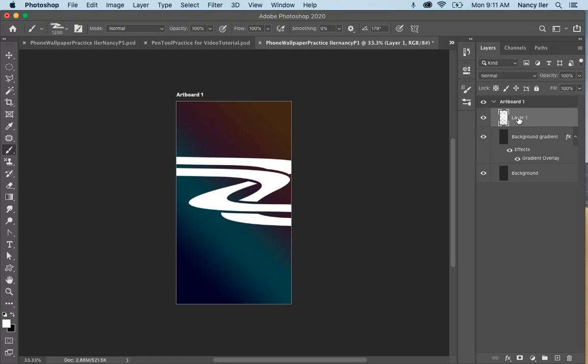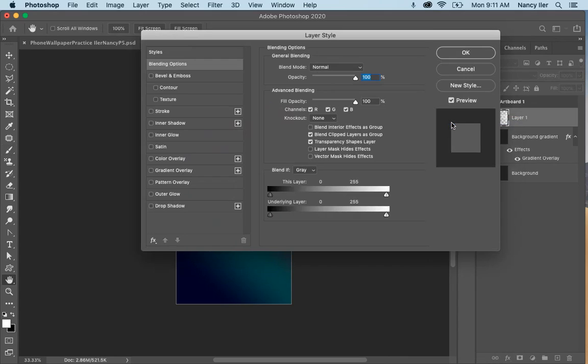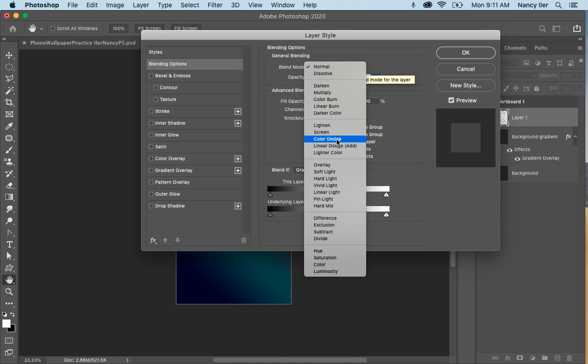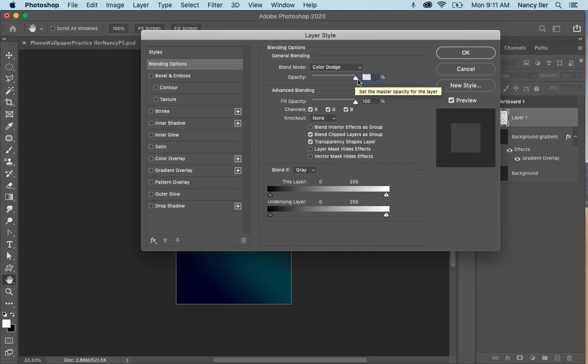You're going to stamp your brush, and then after that, you're going to right click on your layer and go to your blending options. In your blending options window, you're going to make your blend mode color dodge. You're going to make your opacity 100%. Now you're going to come down to advanced blending, and you're going to make your fill 41%, or around there. So after you have blend mode color dodge, opacity 100%, fill opacity 41%,